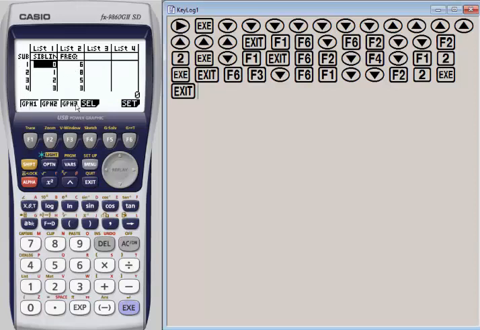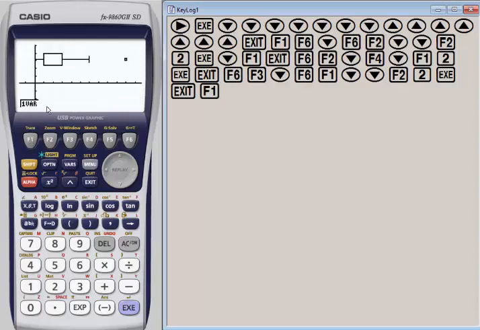We know that each graph is going to show us something different. So let's choose graph 1. We're going to hit F1 here, and now I have my box plot. And I can hit Shift F1 and actually trace. I get a little moving point here, and it's giving me the minimum value of 0. If I hit my right arrow, it goes to quartile 1, which is 1. It goes to my median, which is also 1, so that's why we don't see a line in the middle of our box there. Quartile 3 is 3, and our max is 6.